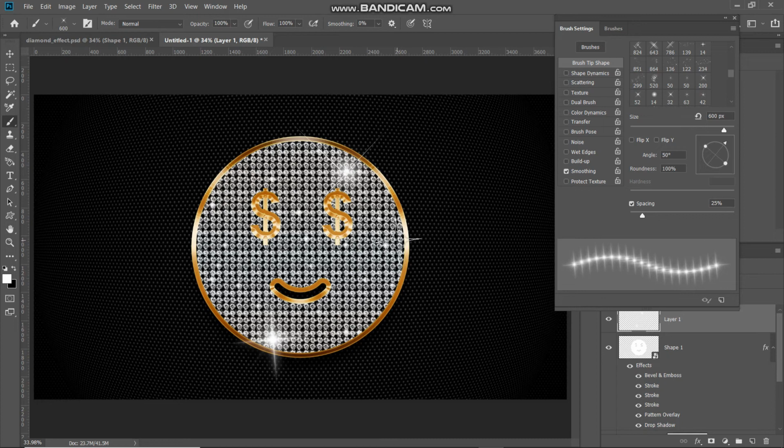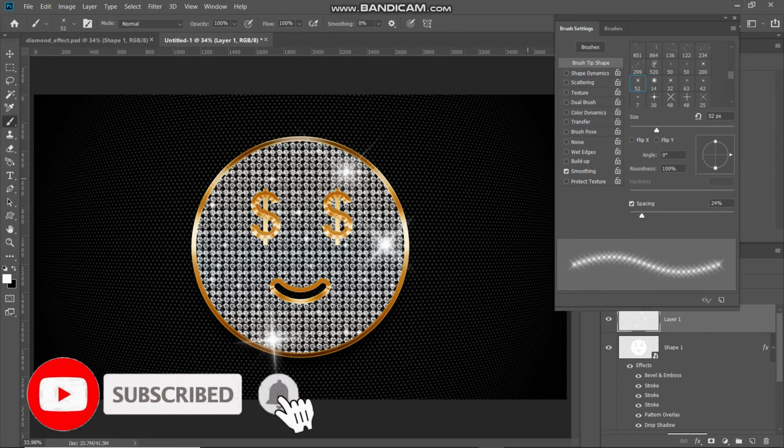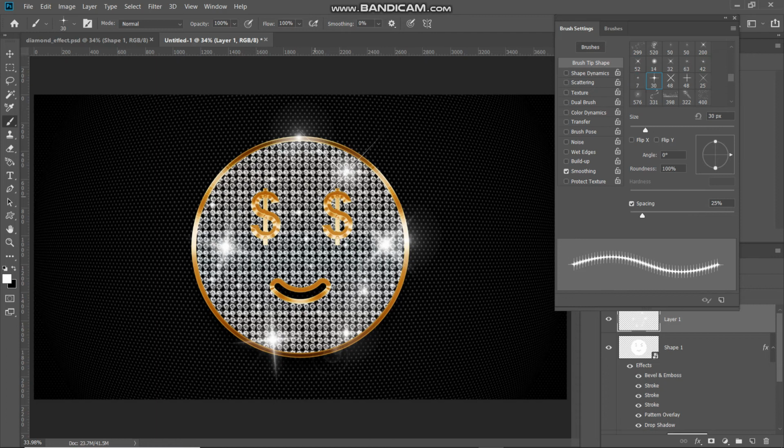So like this way, you need to fill some spots of the diamond area with that of the different sparkles. So for that, you need to keep on changing different sparkle. Also, you need to keep on changing the size of the brush and the angle of the brush as well in order to make it look more realistic. Now let me just fill the diamond area with that of some sparkles. So once you have filled the random spots with that of the sparkles, and if it is looking proper, then you can close this brush panel over here.